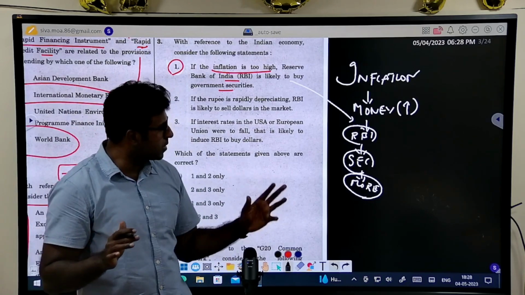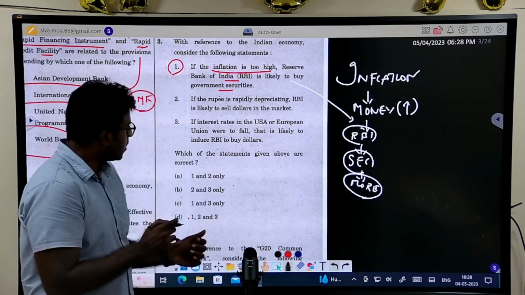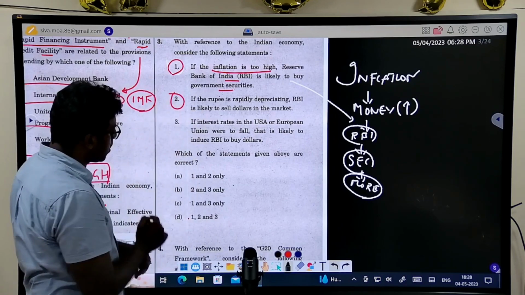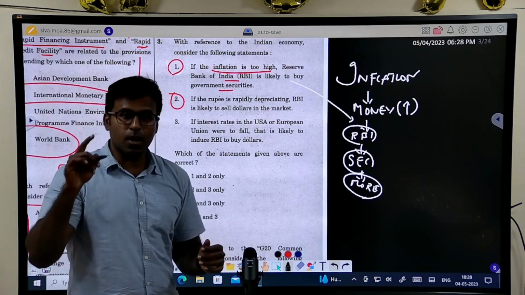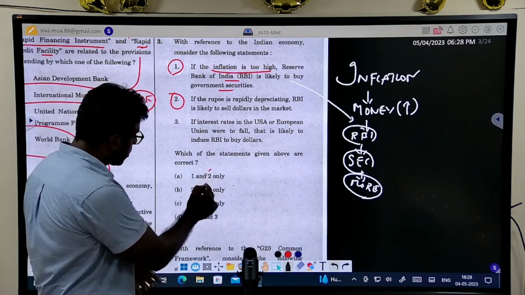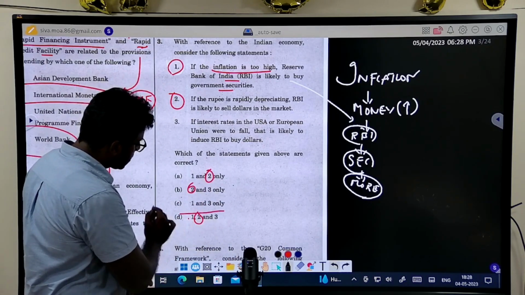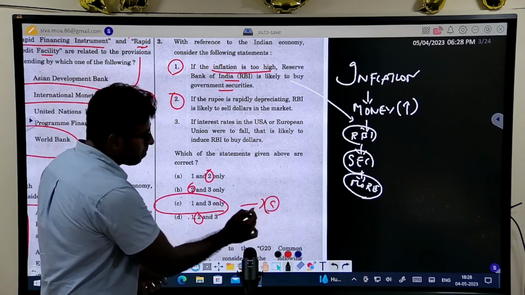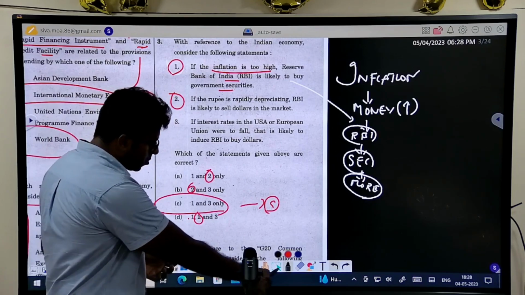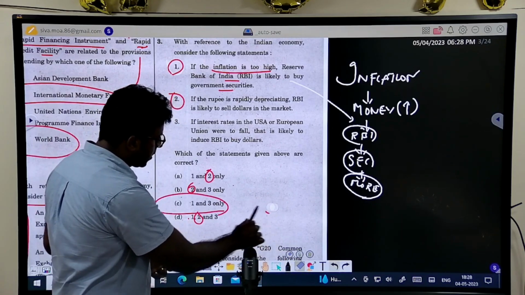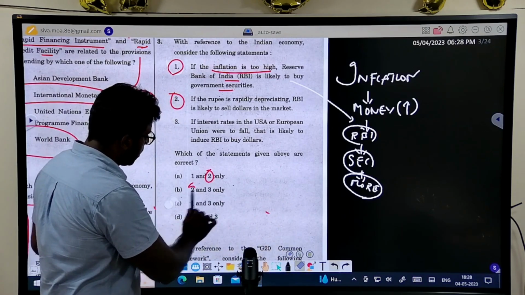See, if you go thinking about only elimination, let us assume that you think that this is the wrong thing. So this is the option which is wrong. You will actually focus on only elimination. You will think about how to eliminate. So see, elimination comes, C will come as the answer. But only when you understand, you should not think about elimination. Rather, you should think about how to solve this question.